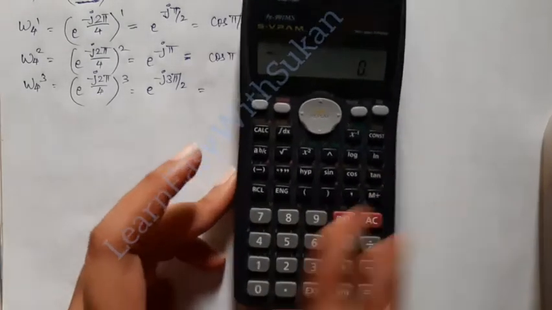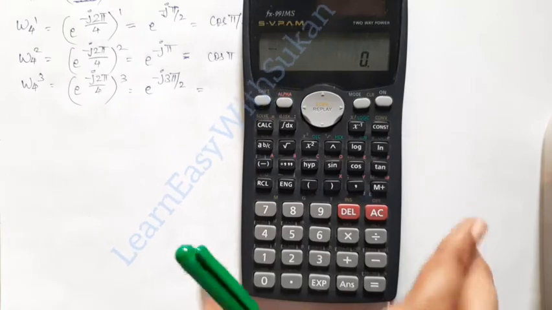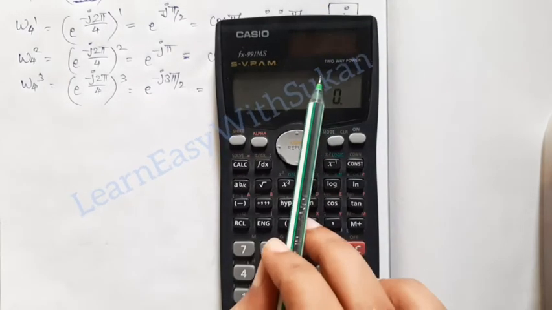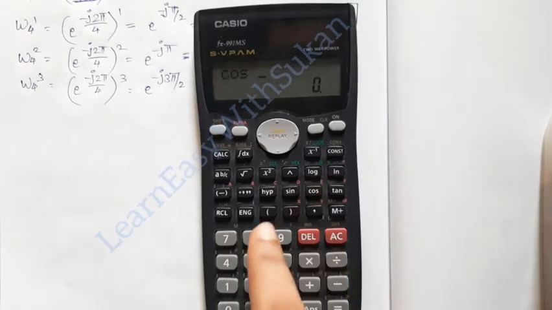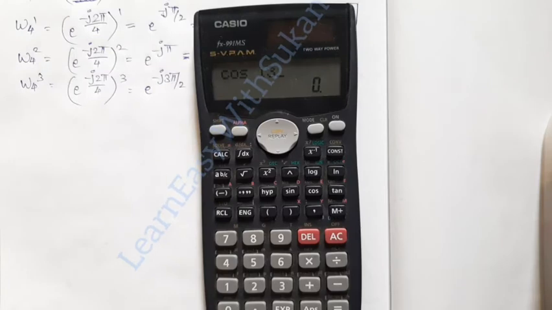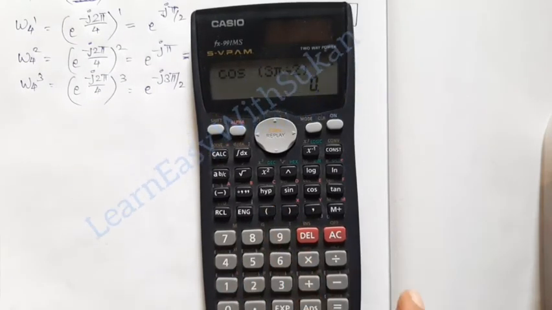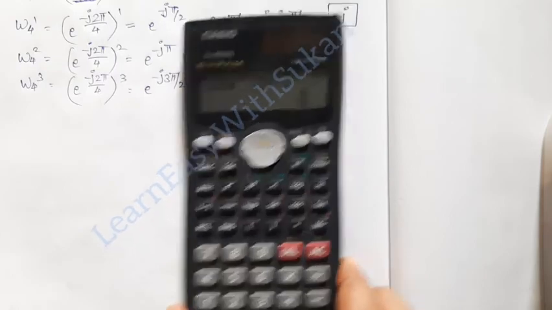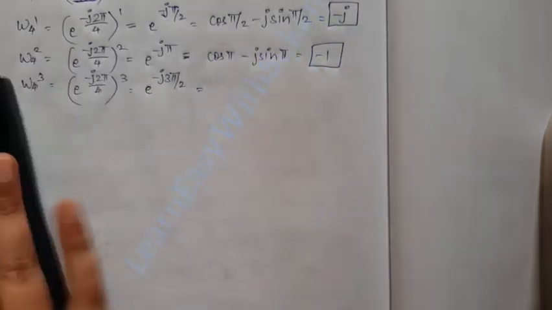So I'll teach you how to do the calculator again so that you get to know that better. So already I have set my calculator in the radian mode. It is there in the radian mode only. So directly I am giving cos of 3 pi by 2. Okay, that is 0. So 0, I didn't write that.